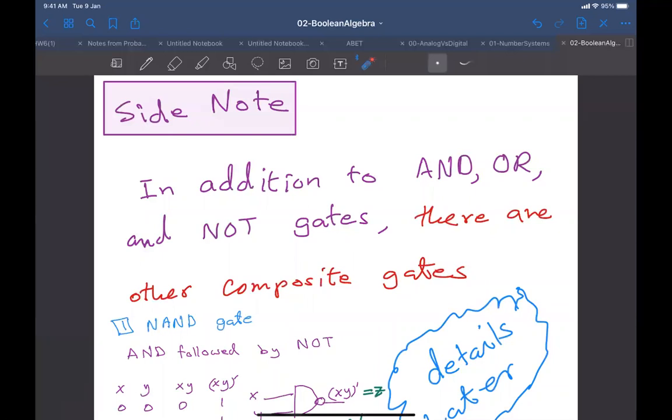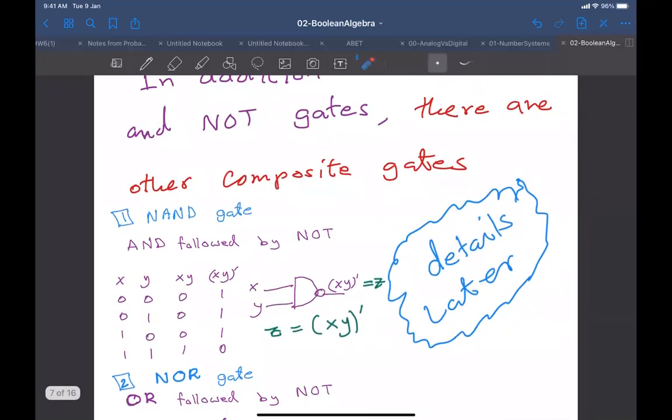But for now, I just want you to know them and know their names and their function. So the first gate that exists other than the AND, the OR and the NOT is the NAND gate. And the NAND gate is nothing but an AND followed by a NOT. So basically you draw an AND and then you put a bubble in front of it to indicate the NOT. So the truth table for this is